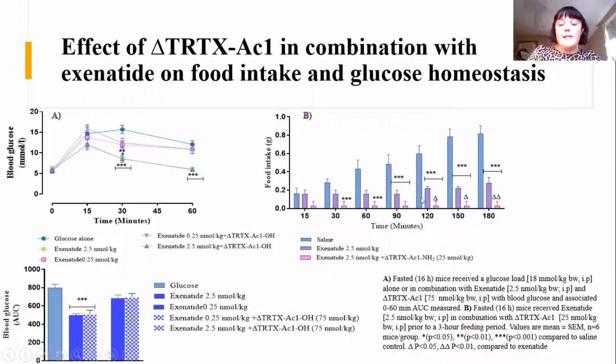However, excitingly, when we tested this in its effect on food intake, we can see that the peptide in combination with exenatide significantly reduced food intake when we compare it against our exenatide alone control, and it's actually significant from 30 minutes right against our saline alone control. So this would suggest that there is additive benefit in giving this peptide in combination with exenatide on satiety in